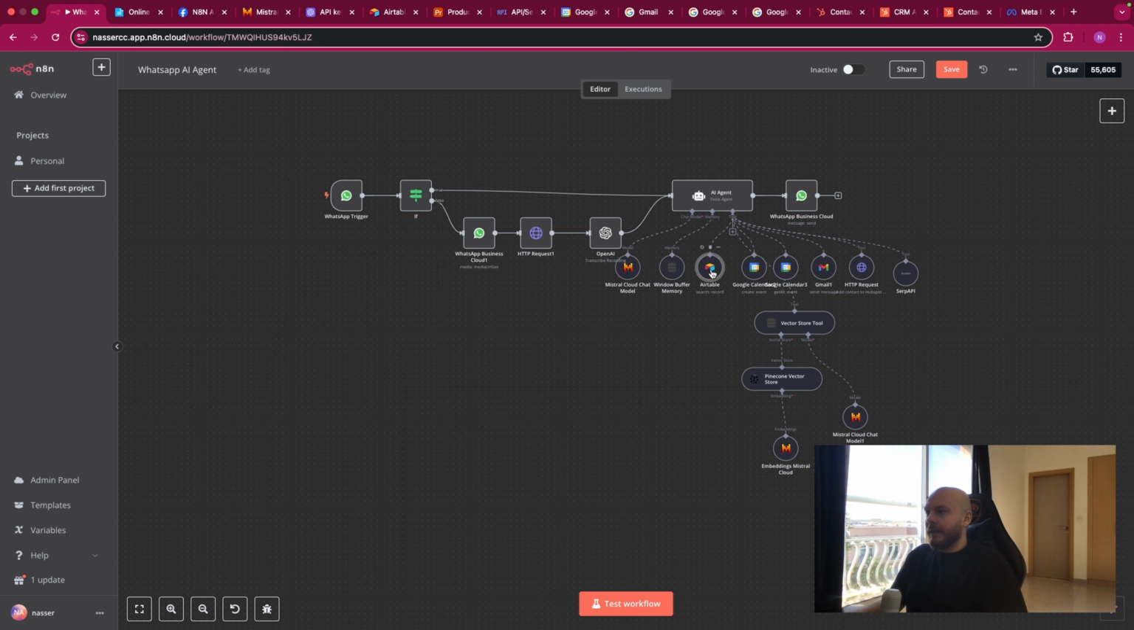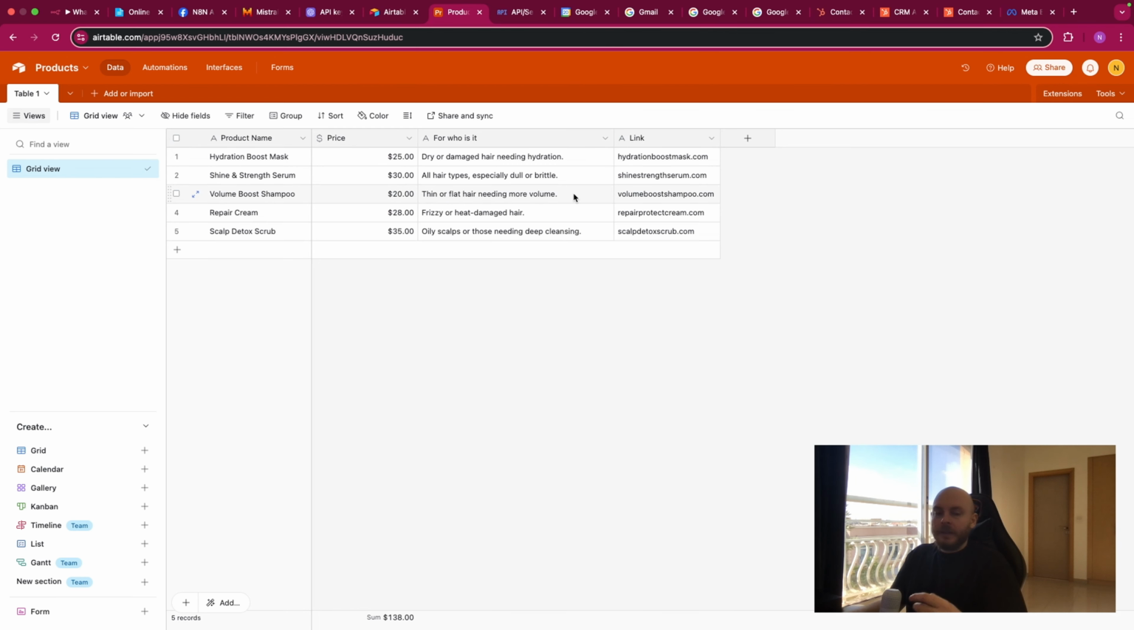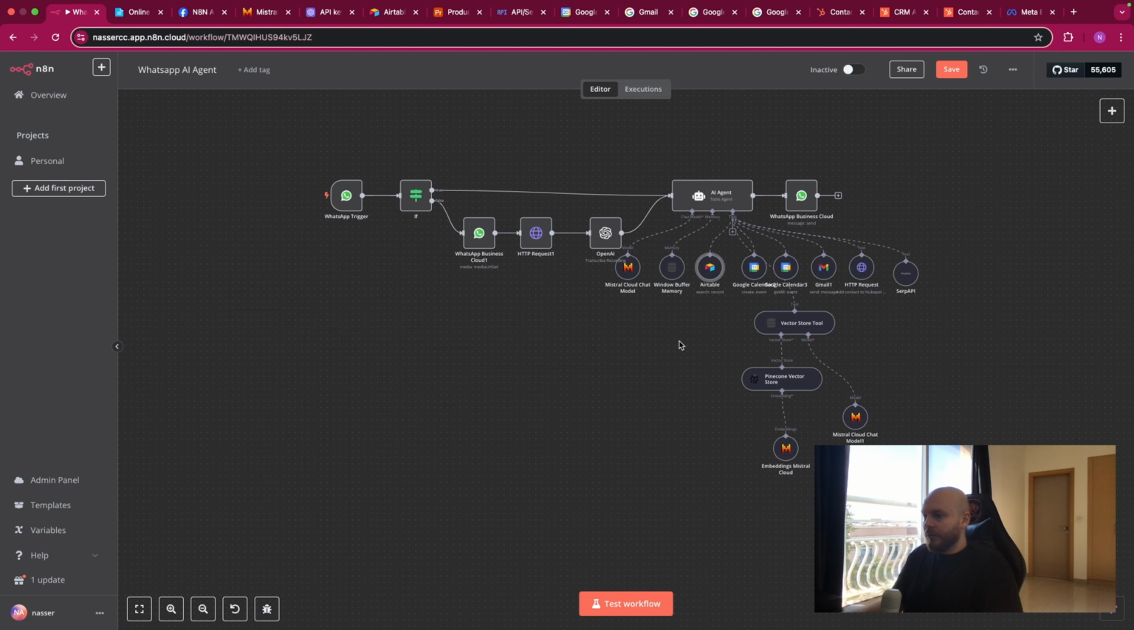So the first one is Airtable. It was this database. It was for upselling. So after booking an appointment, the AI agent will ask the hair type of the customer and will match it with this column here and will return an upsell recommendation with the product name, the price, and the link. So what you need to do is